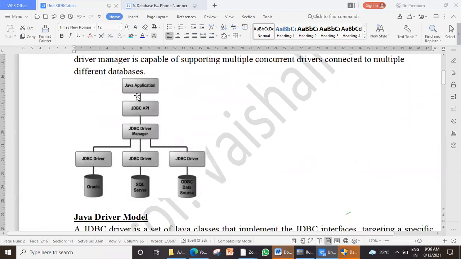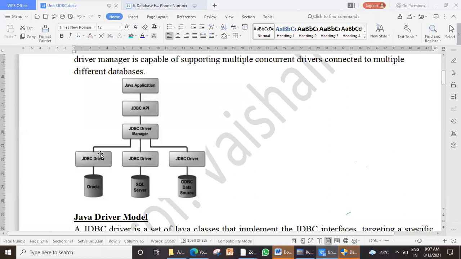Your Java application will be here on top. Where is your database? At the bottommost layer. Fine. Now, each of these databases has its specialized drivers. In JDBC, only one file is specialized: the JAR file is specialized to connect with individual databases.